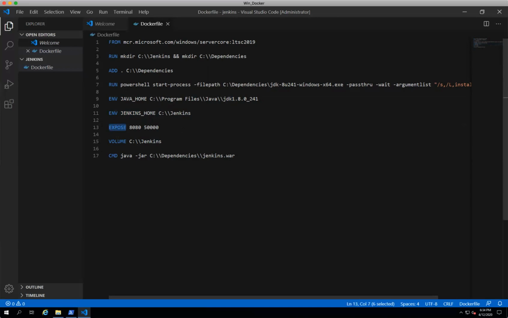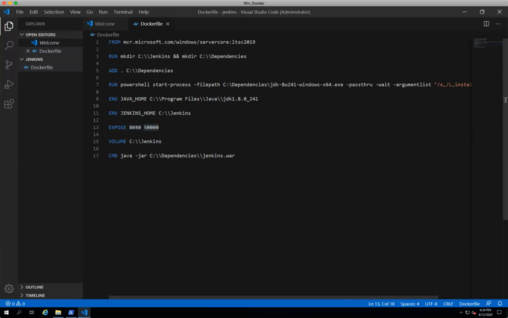And then we have the EXPOSE instruction. This particular EXPOSE instruction is used to expose your container ports. In the previous video, we observed, right? We exposed the ports of your host operating system and then port mapped to the container port. So in the Docker file, we need to specify all the ports that you have to expose.